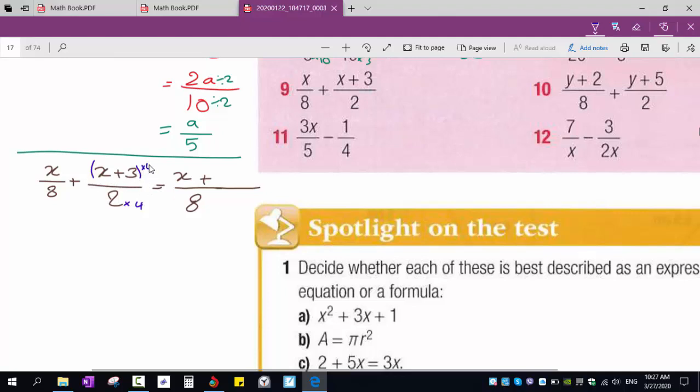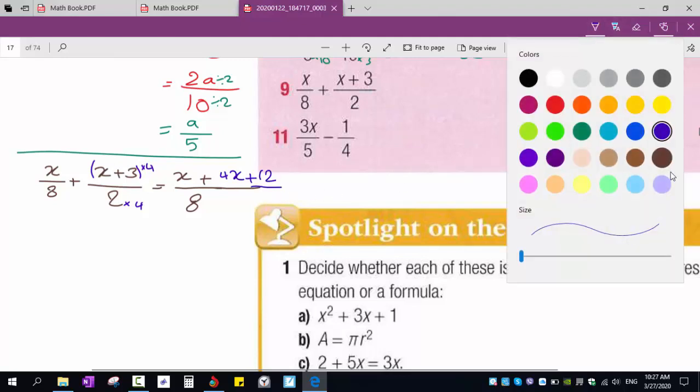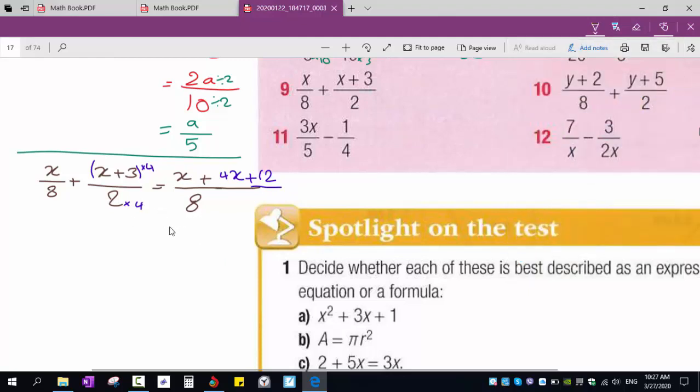Now, 4 times 2 is 8. It's correct. 4 times x is 4x. 4 times 3 is 12. Now, next step, add the like terms. x plus 4x will be 5x. 5x plus 12